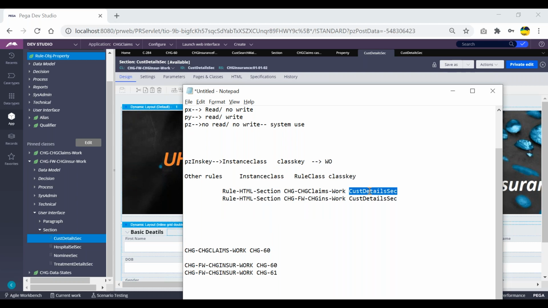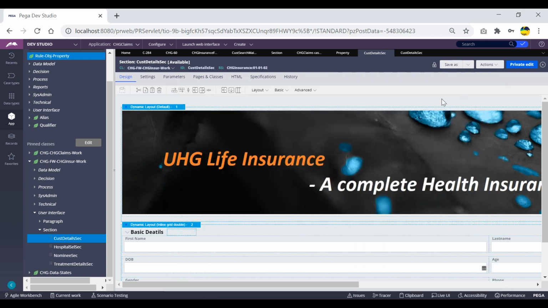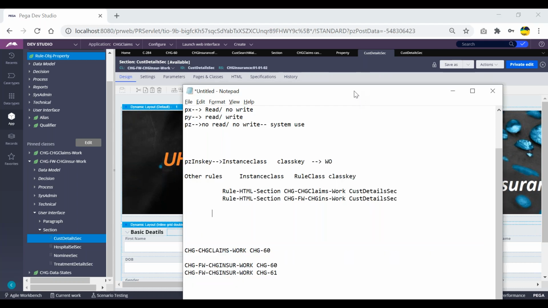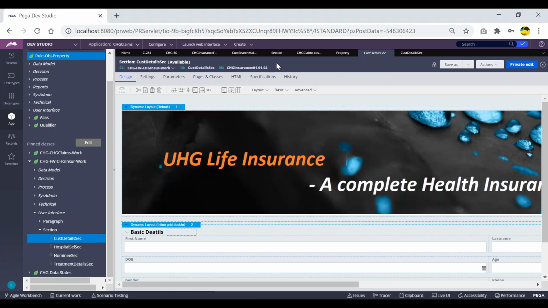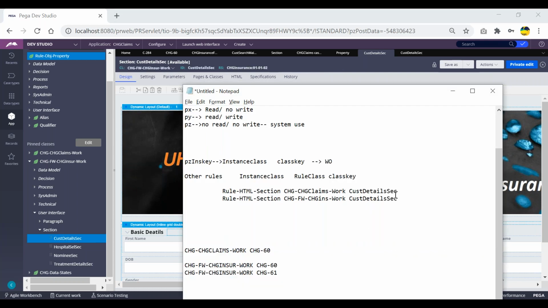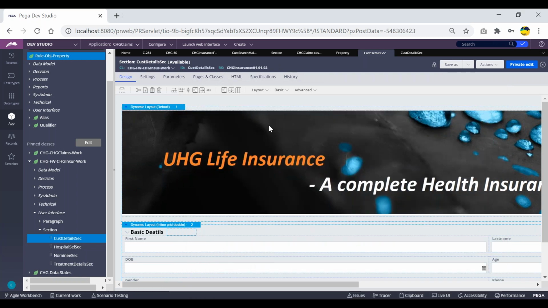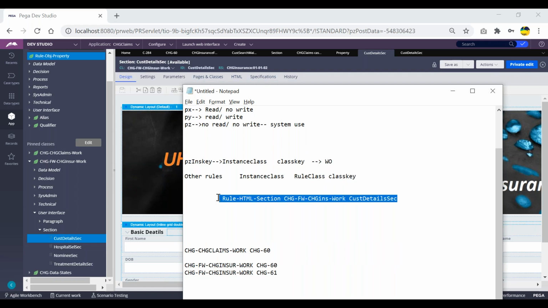So if this is my definition, my PZDNSKey will be unique all the time, right? If I'm trying to have this section created in multiple classes also, all the time that class will change, so this will be unique all the time. Agreed? Lani, Uma, both of you? Yes, sir. Okay, now I'll ask you one more thing. The PZDNSKey of this particular rule is this one. You agree with this, right? Correct now? Yes.